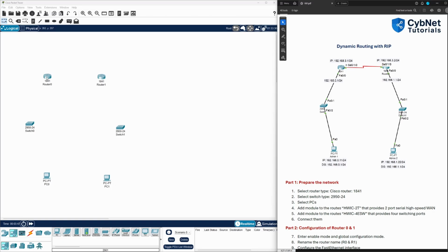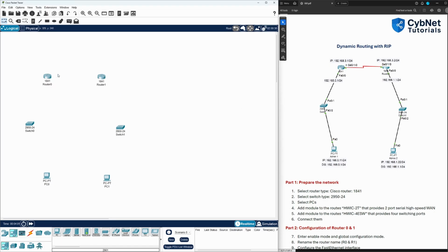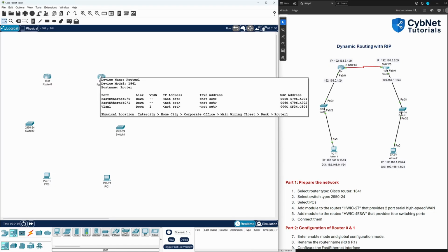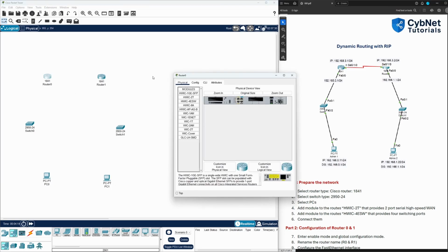So if you go to the router, one click. Before that, I want to show you the ports we have in the router. If you put the mouse on it, we have FastEthernet 0/0 and FastEthernet 0/1, and the same thing with the second one. And the link shows it is down, which means it is turned off. I want to show you this before we add the new part. So when you click on router 0,